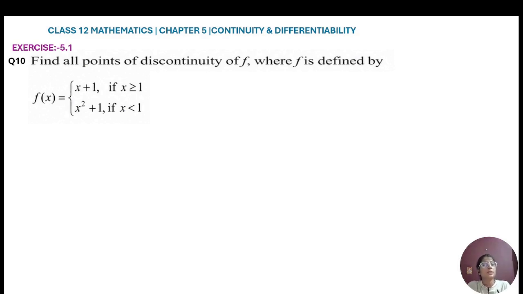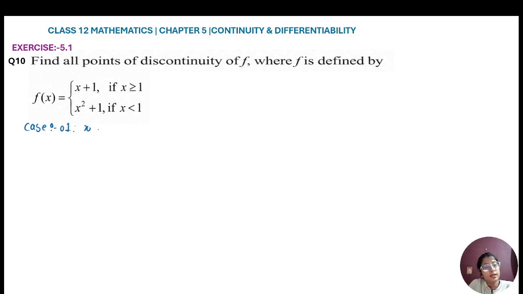We know that if you have a function in which your function is divided into different functions at a particular point, then you always have to divide it into cases. Case 1 before that point, case 2 after that point, then case 3 at that particular point. Let's begin. So our case 1 will be